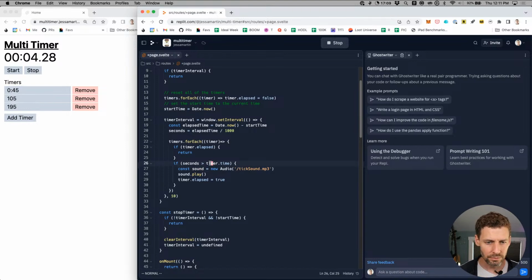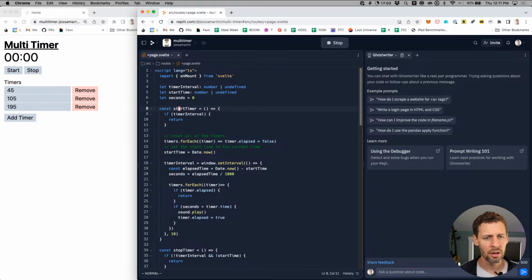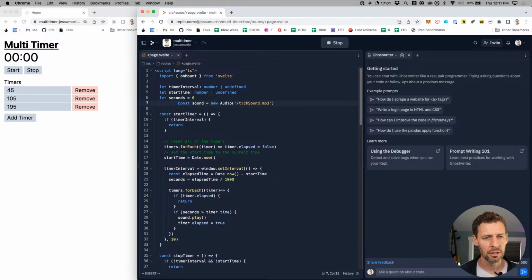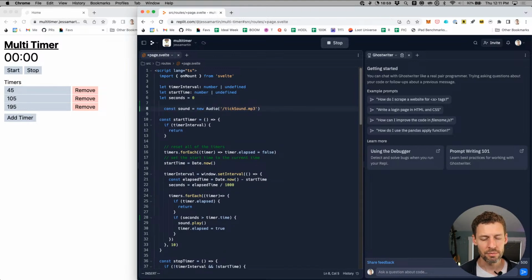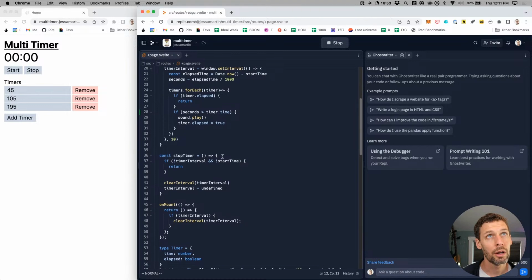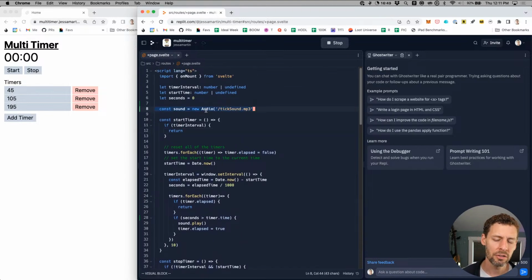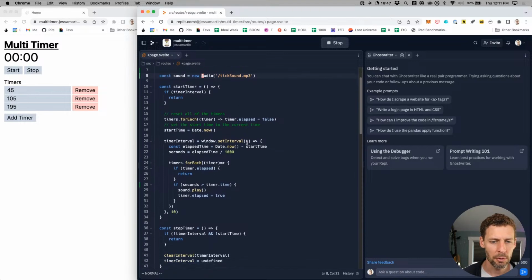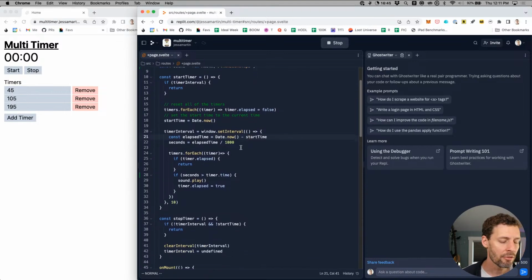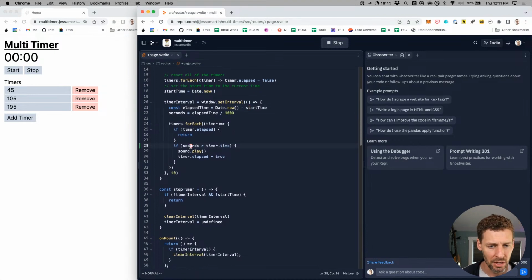Now, the problem, I wonder if we could optimize this by pulling sound out of this function and only defining it out here. I'm just thinking about that slowdown, that weird thing that we were seeing where it flickers or where it fails to play the sound immediately, and wondering why that is. And I wonder if it's loading the sound into memory. Who knows? I have a feeling it's actually probably around the way that intervals work, but we'll find out here in a second.